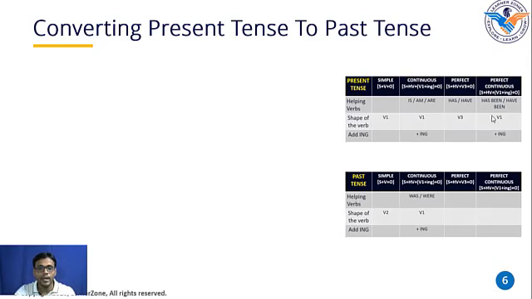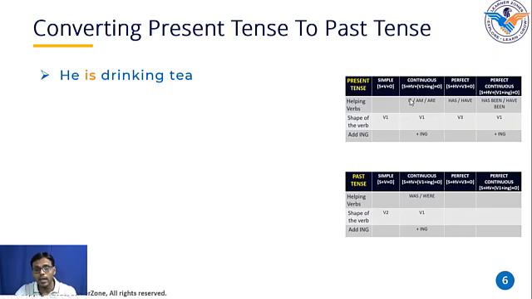Whenever it is a perfect tense, we have to use the third shape of the verb only, and we need to remember the helping verbs for the different forms of tenses. Now let us take some examples. He is drinking a tea. Try to identify the helping verb here. The helping verb is 'is', and in this table, 'is' is in the continuous tense, so it is present continuous tense.